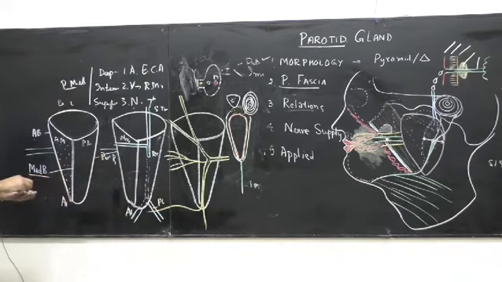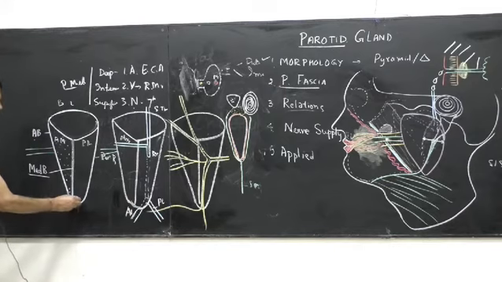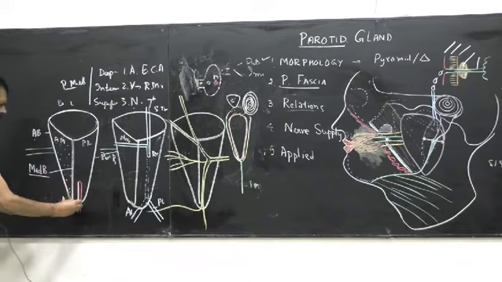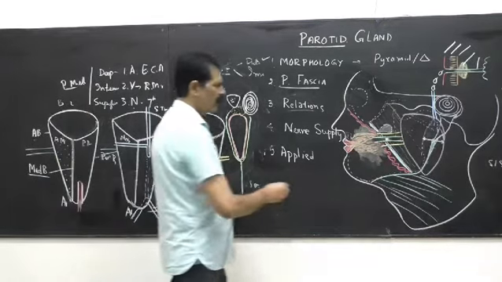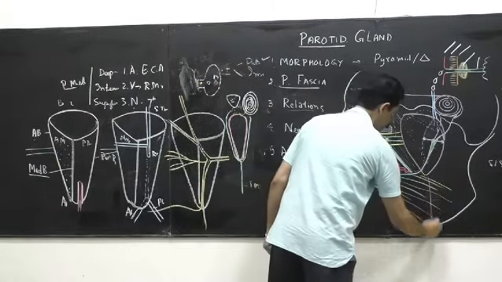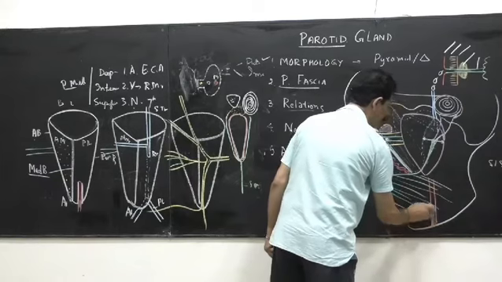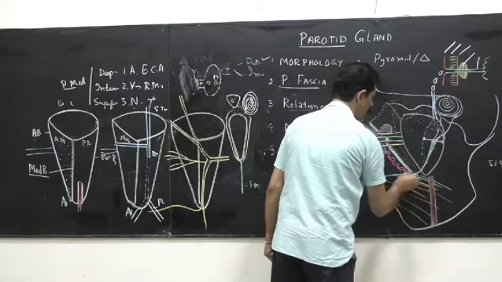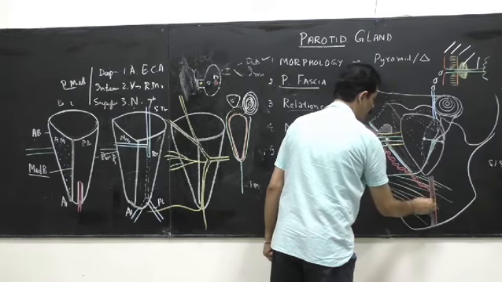Then last comes the external carotid artery. So the external carotid artery comes from the neck into the gland, and it lies in a groove near the apex. So it enters near the apex, and there is a groove for the external carotid artery in the lower part of the gland. So you know the external carotid artery has got 8 branches. Out of the 8, the facial artery is 1. The lingual artery you have done.